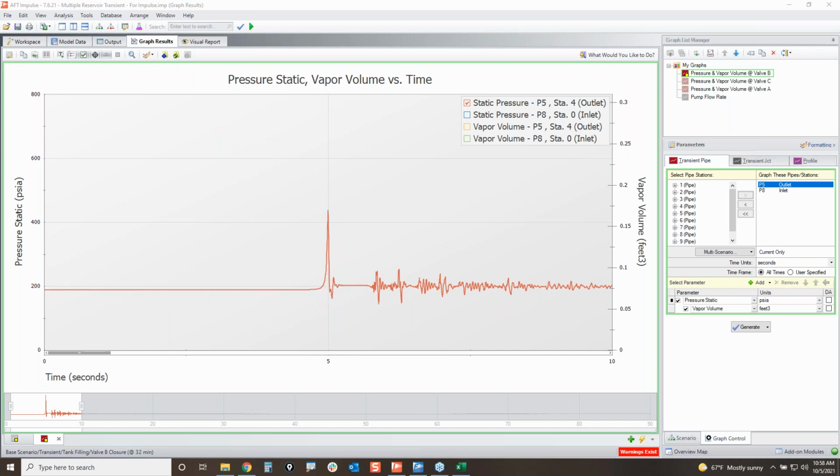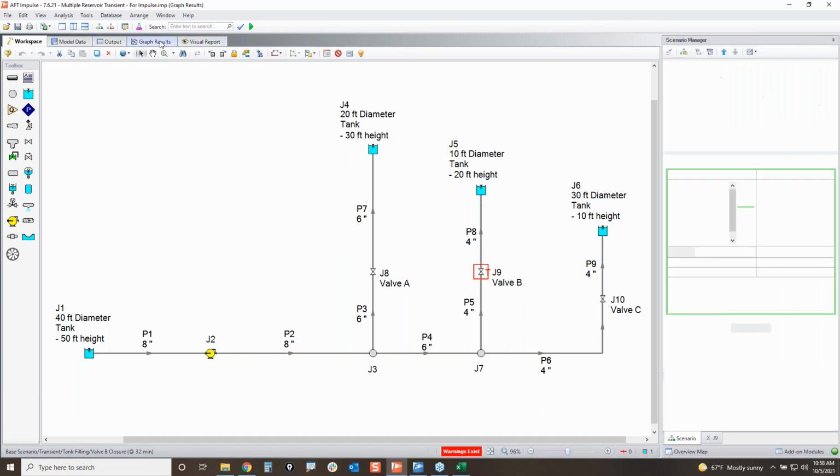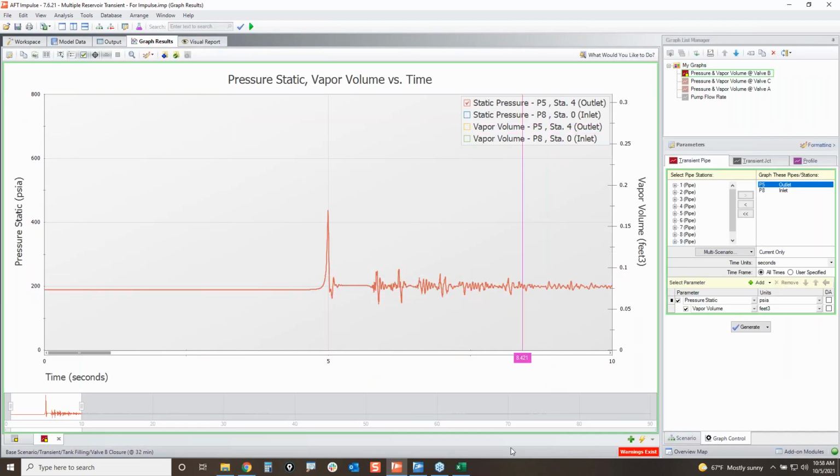So keep that in mind, where you may think, well, I'll just close my valve over a longer period of time. Well, that doesn't always do it. Now, will you have a smaller spike right here than if you close the valve in 3 seconds? Probably. And actually, I already did that analysis for you. Here's a 3-second valve closure I did for fun. So if I plot that scenario with this,